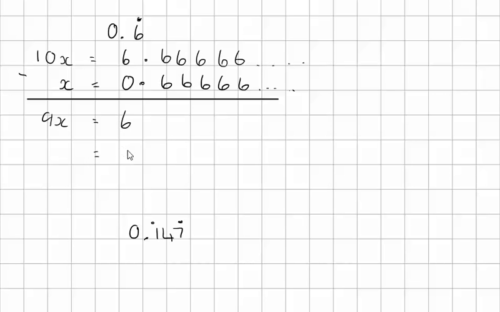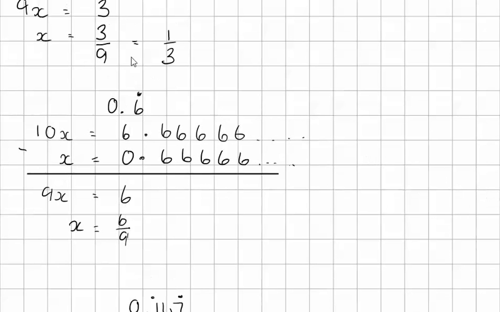So we get, and this is the important bit for those of you that are going to spot the quick way, x is 6 over 9. The other one was 3 over 9. That bit is not so useful. That bit, however, is very useful